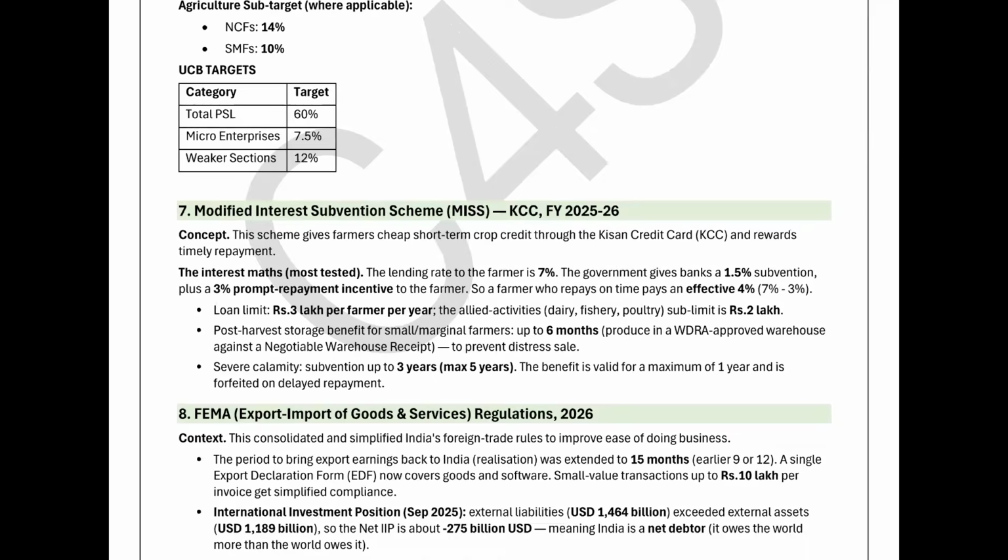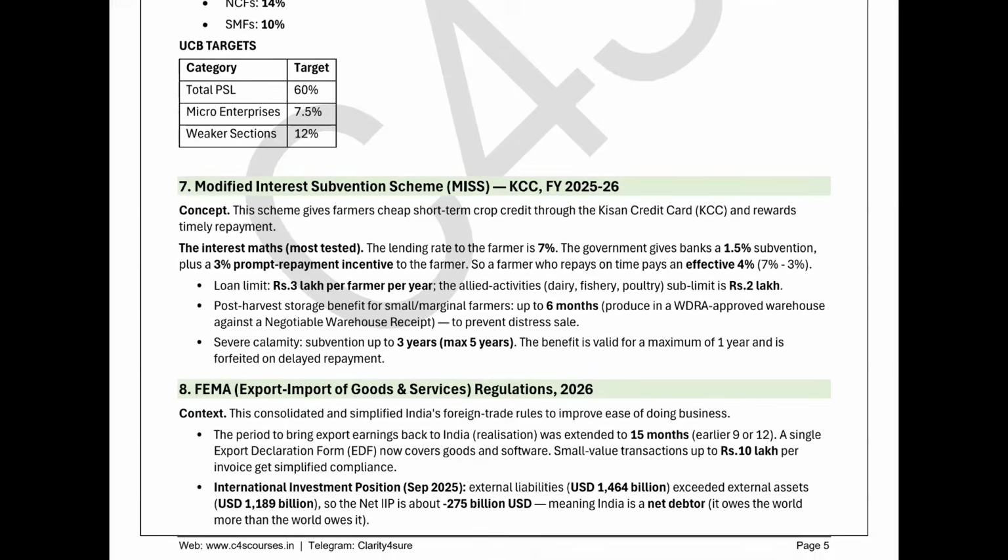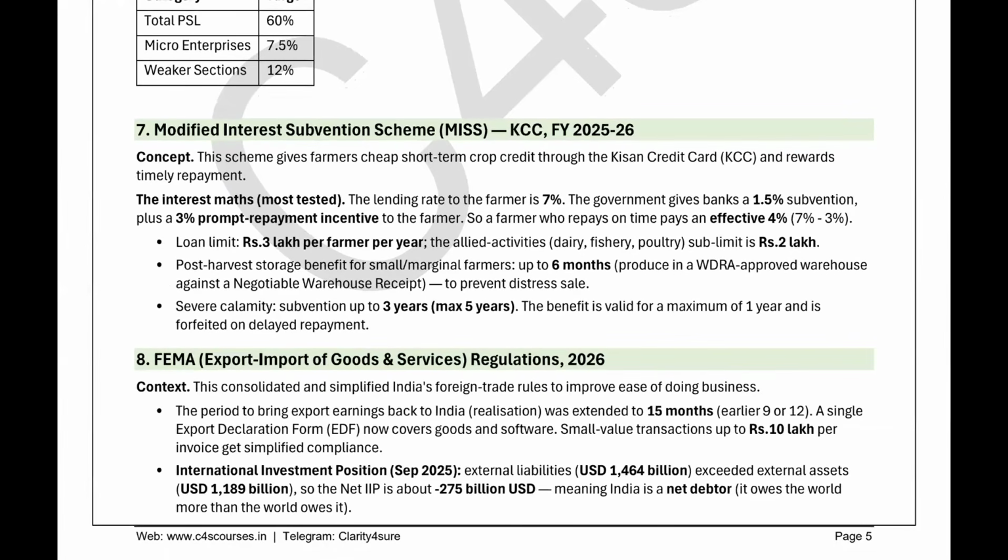Now, this is something, a new modification which has been introduced, that is in the 7th circular news, which is the Modified Interest Subvention Scheme, MISS KCC, financial year 2025-2026. And you will also see this scheme, MIS scheme, in your flagship scheme PIB, right? It has also been mentioned in your circular. It has also been mentioned in your PIB, that is flagship schemes, and it has also been shown in the